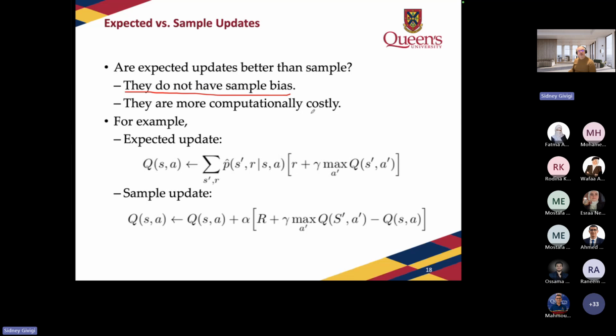However, they are way more computationally costly. And as we saw last time, this also depends on how much I can actually trust this. If I can trust this, this is going to be better. If I cannot trust this, this is not going to be better, okay? And there is a computational cost that is not negligible, because now we do need to consider the summation here.